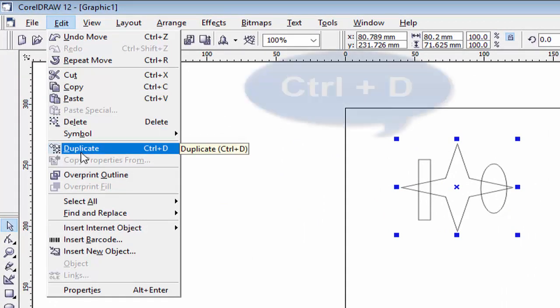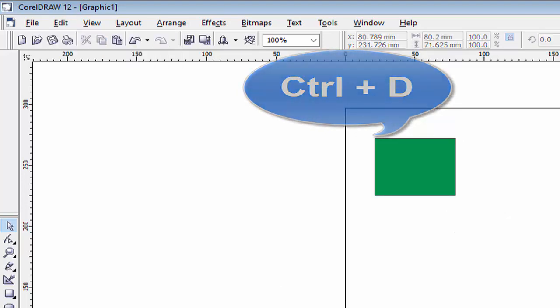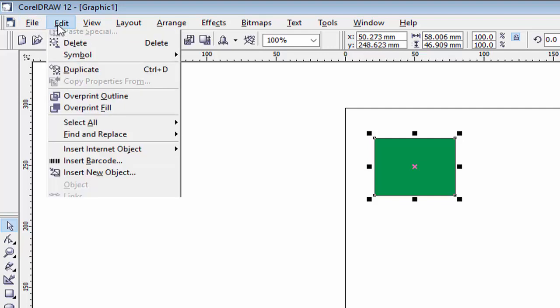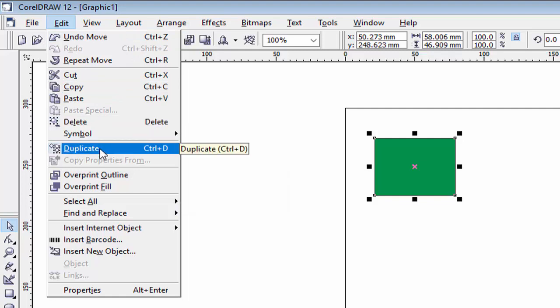Next option is duplicate. If you want to create a duplicate of an object which is created in Corel, like this object I have created, select it, then go in edit and click on duplicate, or use the shortcut key Ctrl+D.